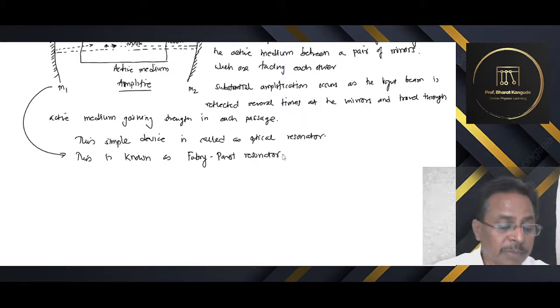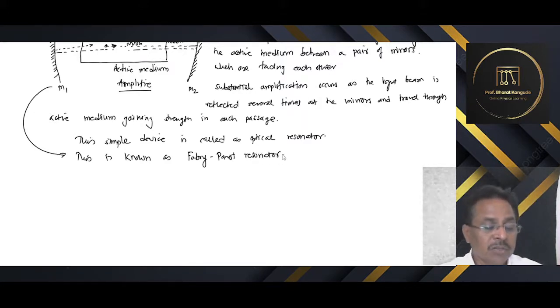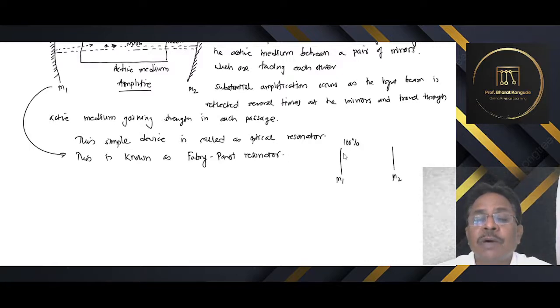So this is called as Fabry-Perot resonators. The mirror could be either plane or curved, and they are designed such that one of them reflects all the light. So that is one very specific thing we have to do. This M1 may be plane or a curved mirror, and M2. M1 has 100% reflection power, and this one has a little smaller, almost 98% reflection power.